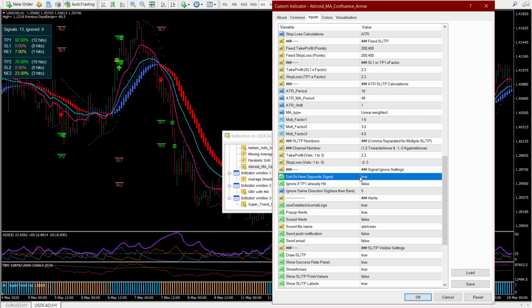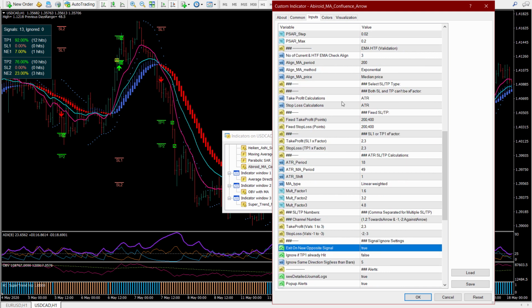Next we have the other options with which you can set stop loss and take profit. You can have fixed stop loss and fixed take profit. In that case, it will use these points to set the SLTP, and you can have as many points as you want, like 200, 400, 600. This will become TP3, 800. This will become TP4, and so on. You can have as many SLTP values as you want here. With ATR you can only get 3 values. And let me show you how the points are calculated.